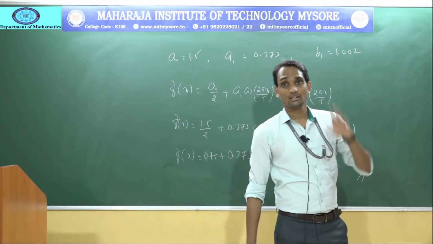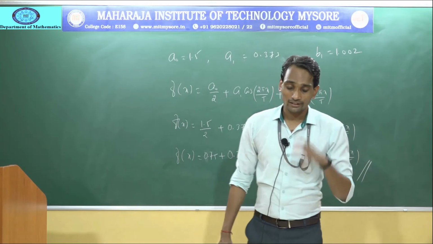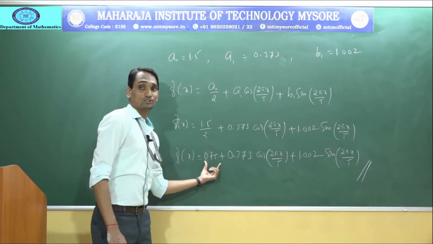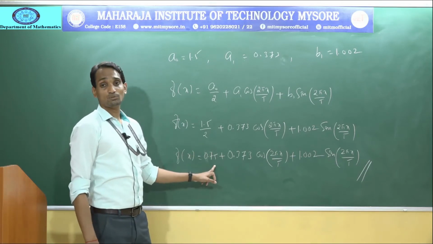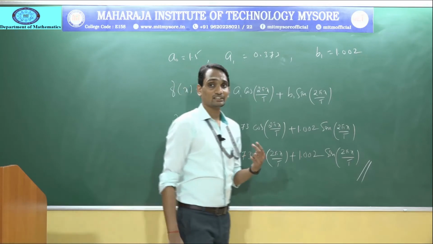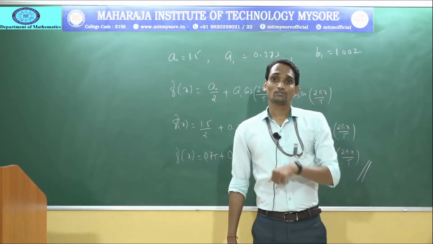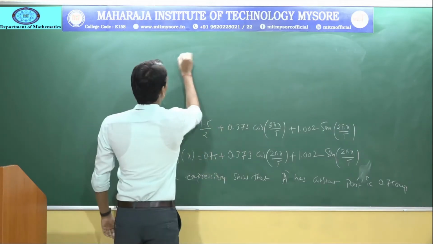So one more question is there. Find the amplitude as well as the constant value. In the given question, which is the constant value? 0.75. That is the constant of 0.75 ampere you got. Now the second thing is calculating the amplitude value. The amplitude equals the square root of A1 square plus B1 square.